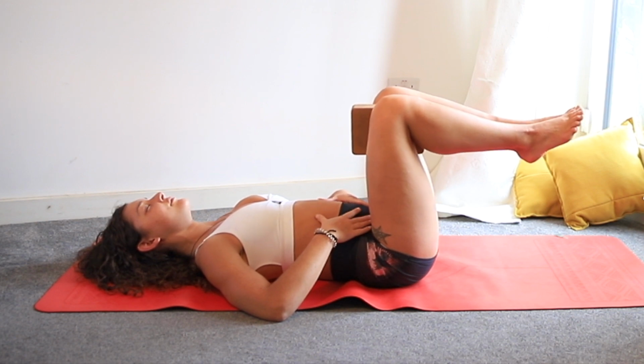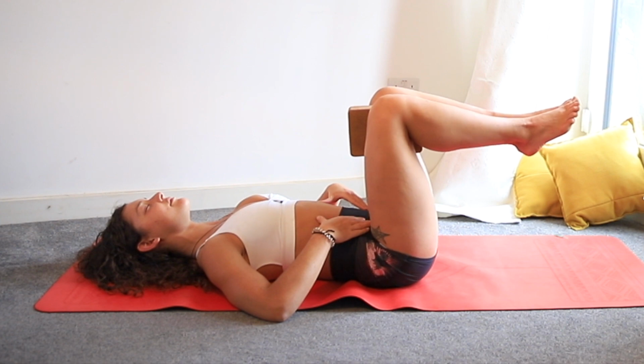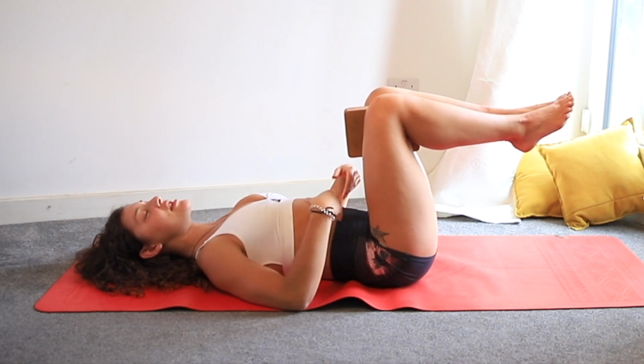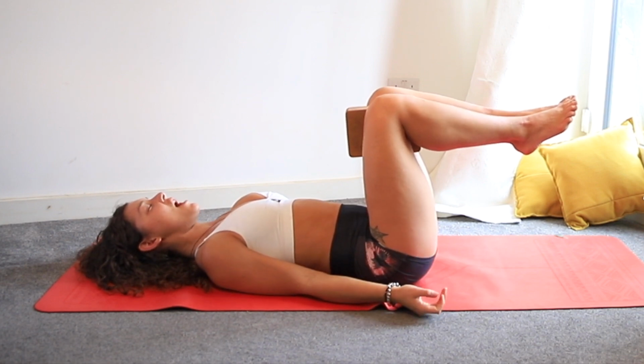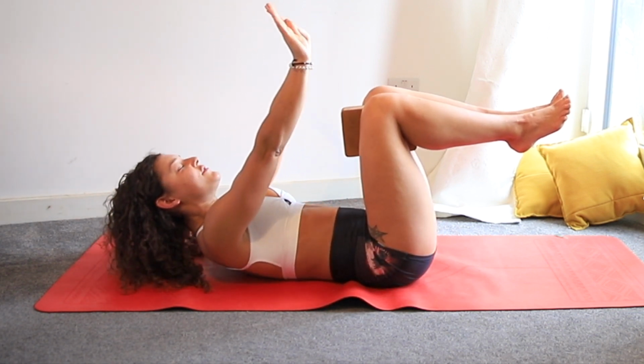Inhale, exhale. From here, keeping that strong activation with the low belly and with the legs, I want us to inhale, and exhale. We're now going to reach the arms up and forward,